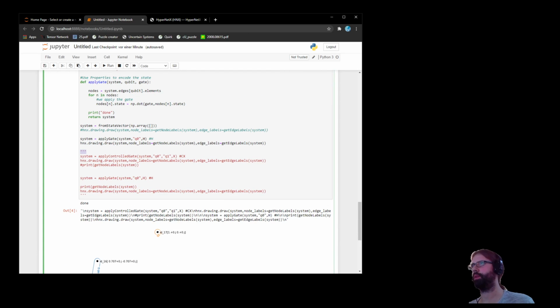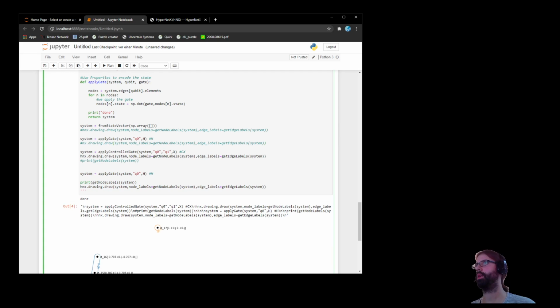So if I now go ahead and print node labels. Oh wait, I was applying a Hadamard. Maybe I'm stupid. Maybe that just works. So I'm getting a system. I apply the control X, and then I draw the system, and I also get the labels. Let's see what happens now. So I just literally do a Bell state now, but it's